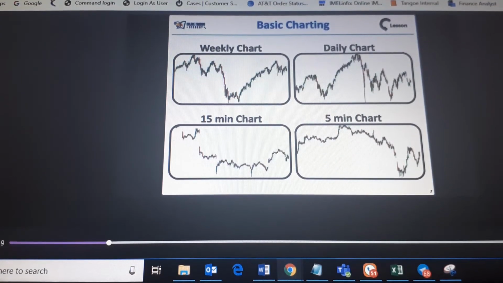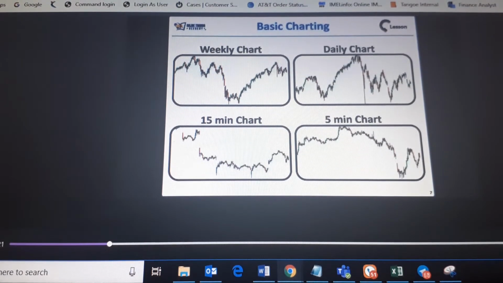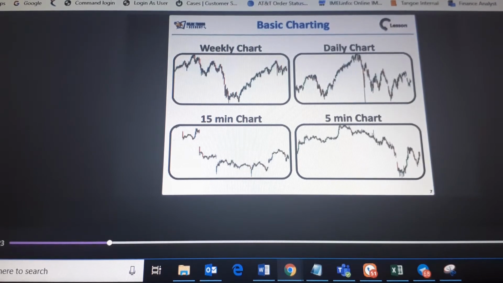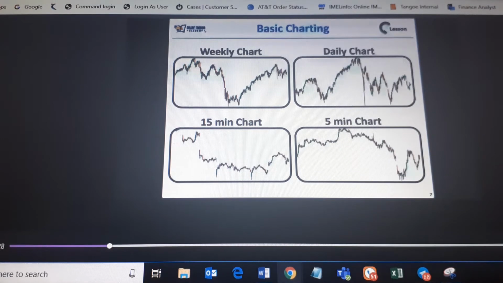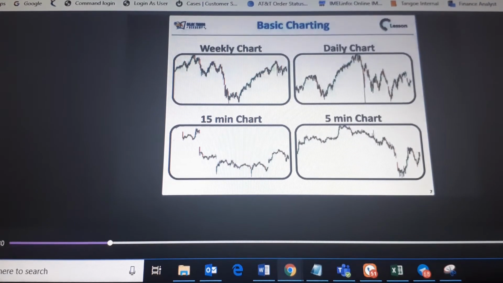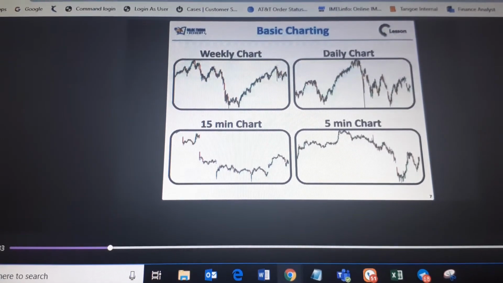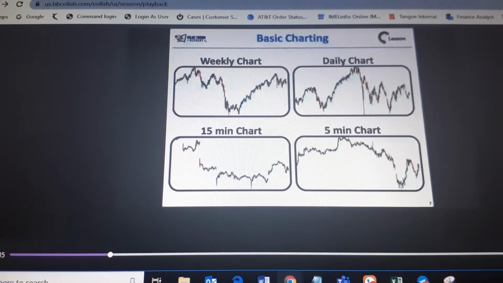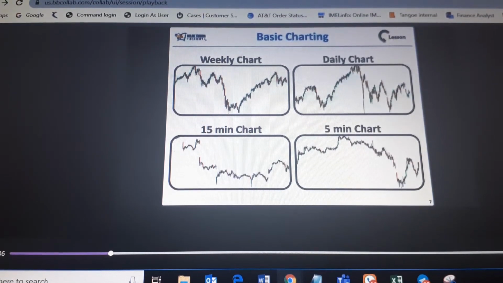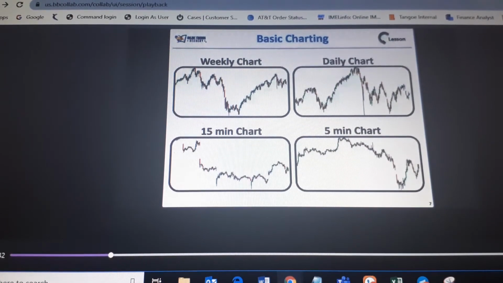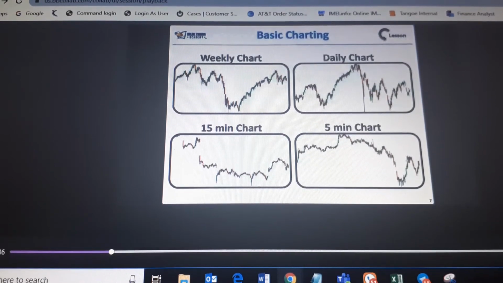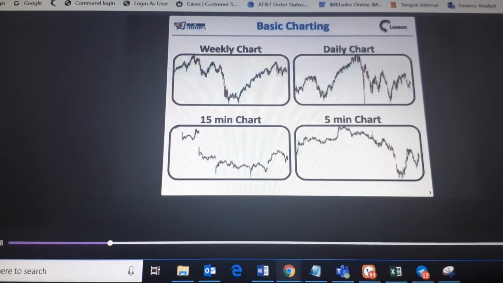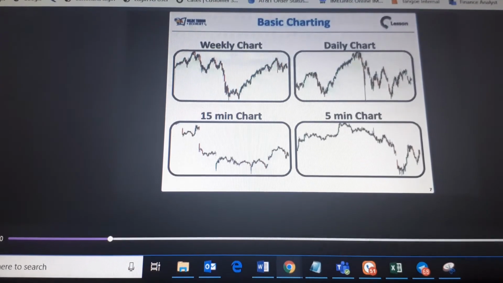No, Sai, green does not indicate buy. Green indicates that there were more buyers in this week for a weekly chart. If you see a green candle on a daily chart, it indicates that there were more buyers today. If the candle is red, that indicates that in that particular time frame, there were more sellers, for example on that 15-minute chart for that particular candle. A weekly chart will have only one candle for 1 week.